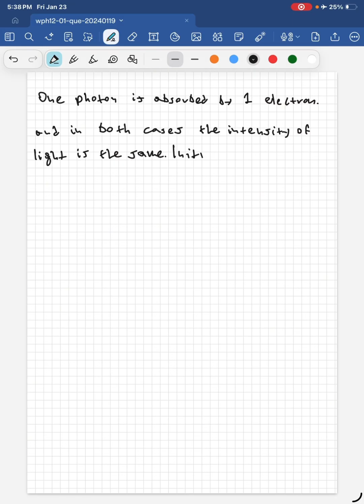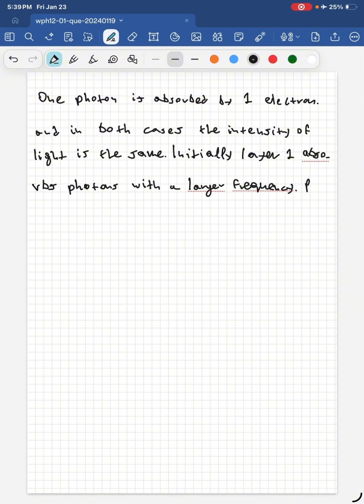Initially, layer 1 absorbs photons with a larger frequency. Photons that reach the second layer,